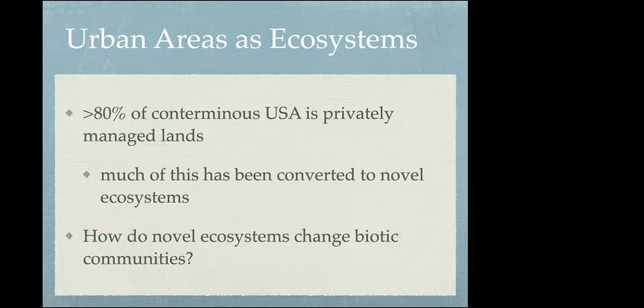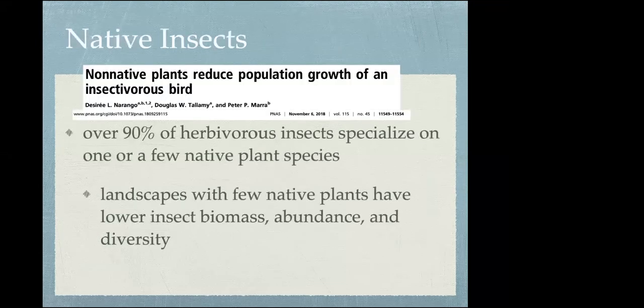Since they have not had the opportunity to evolve together, that means that a lot of the species are not doing so well anymore. Here's an example of this. As you can see here, this is one of Doug Tallamy's papers. He's the second author on this paper. But briefly trying to summarize this, and not doing it enough justice, our insect species that are native